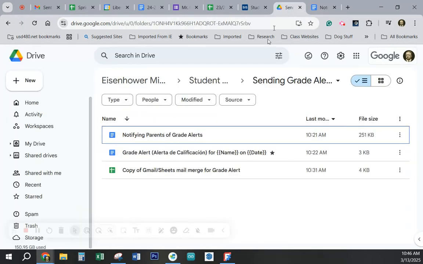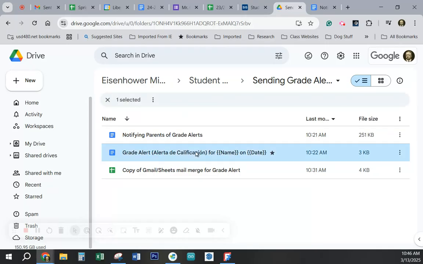Coming back over to here, the letter that you're actually going to send, and the spreadsheet that you're going to use most of the time for doing this. So I'm going to start with setting this up. The first thing I'm going to do is open this letter,